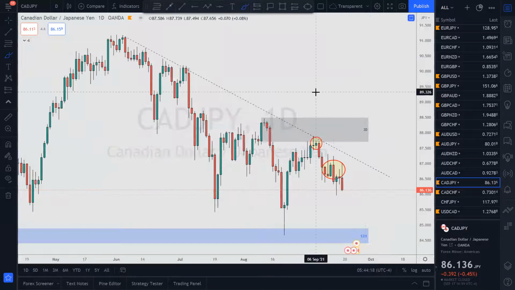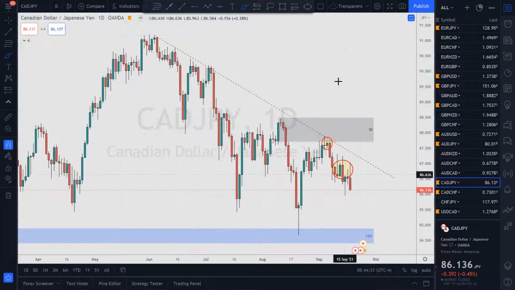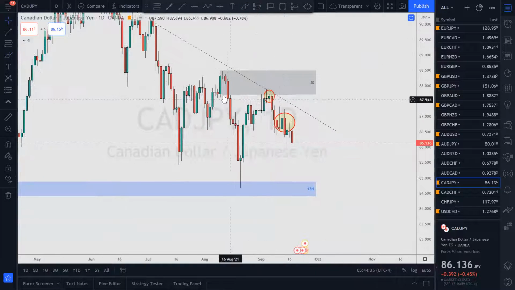Next, CAD Yen. I haven't done this one in a while. Magic trend line, the magic retail trend line says, hey, we're respected here. No reason to think about buys yet, because price is still respecting sells. Price came up from this 12-hour order block down here